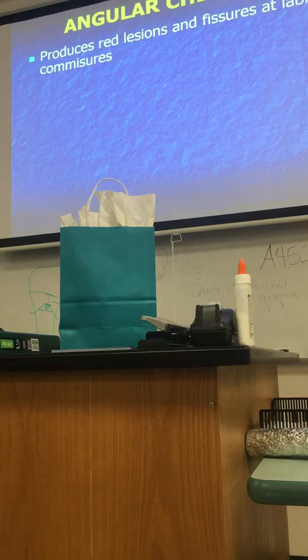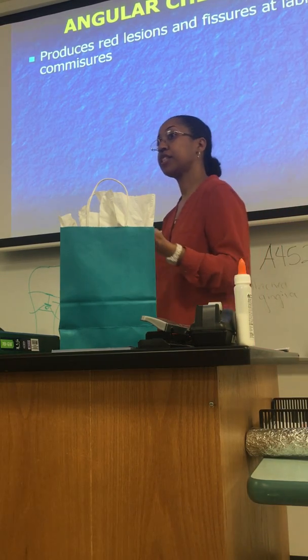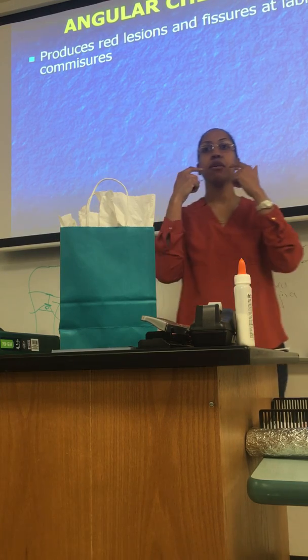All right, angular cheilitis. What is this? Where is it located? Right in the corner there. What causes it? What are some of the causes of it? Xerostomia, edentulous. And why? It's because your muscles all